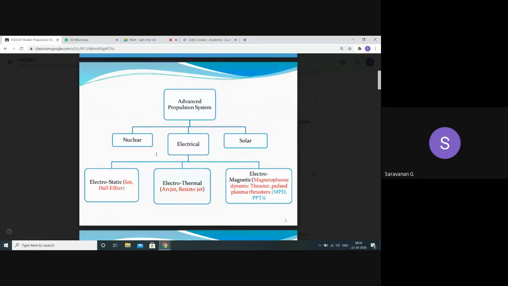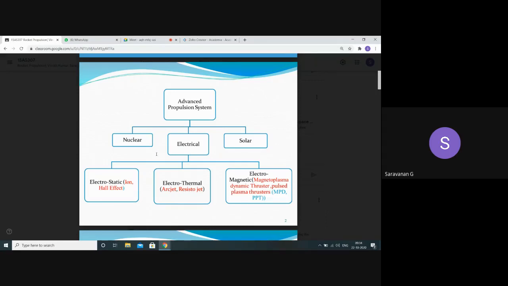So everywhere we are using a nozzle. The nozzle is meant for generating thrust in all the applications. Based on fission and fusion, we may be able to generate energy. Again, there are two classifications: nuclear thermal and nuclear electric. Adding nuclear energy along with the thermal system is a nuclear thermal system. Adding nuclear energy along with the electric is called nuclear electric. That is the discussion on nuclear systems; we will discuss it in depth in the next sessions.